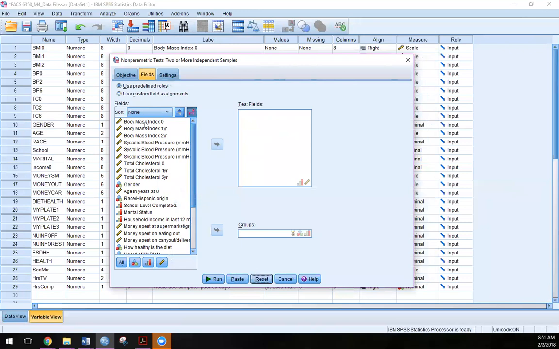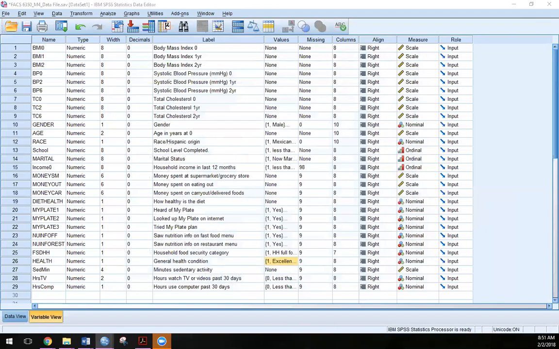So let's look at systolic blood pressure at 0. And that's my continuous, and so my test field, but I want to look at it as independent, so I have to choose something that has groups. So I'm going to choose gender and move that over there. And so if I run my test,